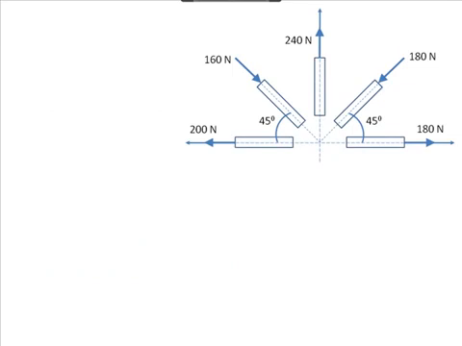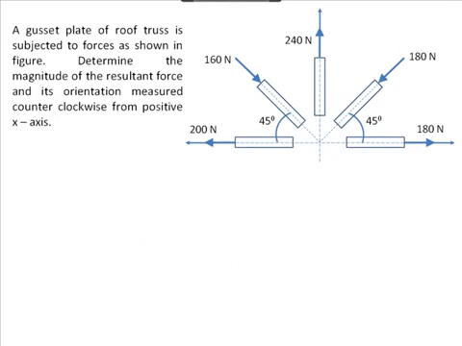Look at one more problem. Here, 1, 2, 3, 4, 5 forces. The problem reads like this: A gusset plate of roof truss is subjected to forces as shown in figure. Determine the magnitude of the resultant force and its orientation measured counterclockwise from positive x-axis. As I said earlier, let it be part of any machinery, truss, hook or whatever. Our concern is forces are concurrent, and if they are in one plane, we follow our standard method of summing